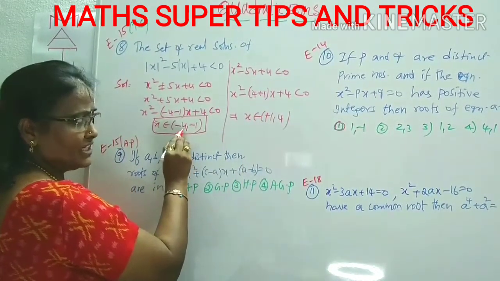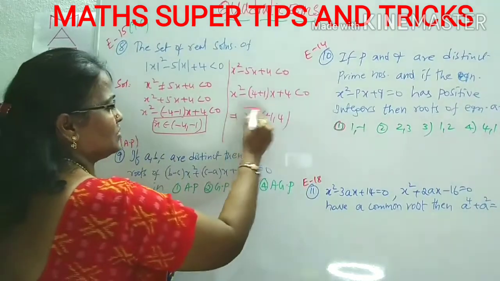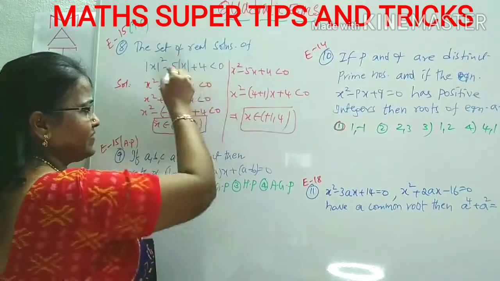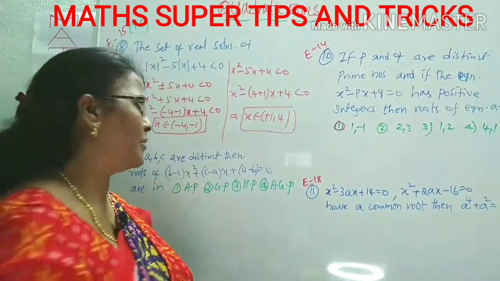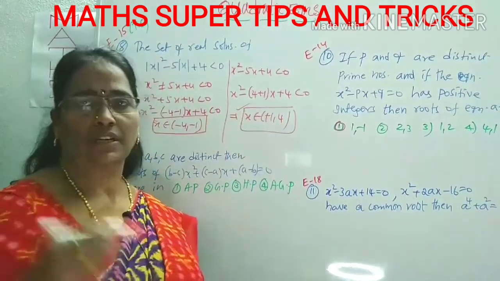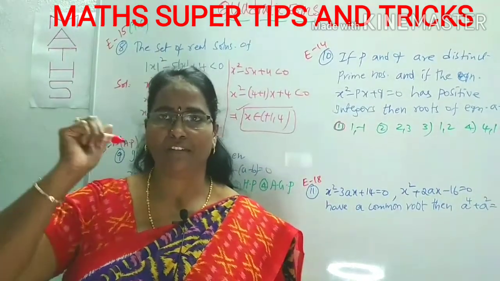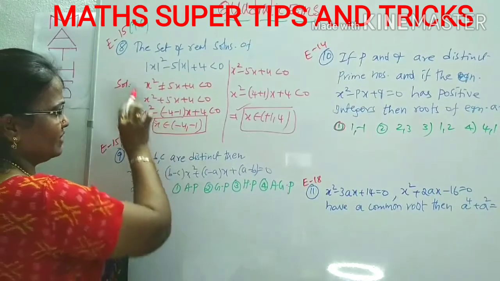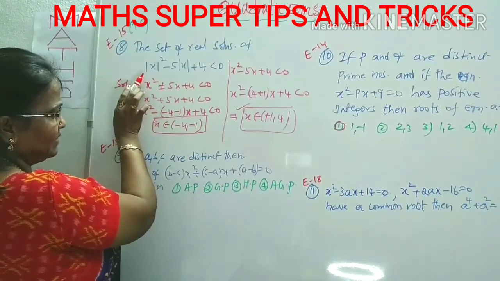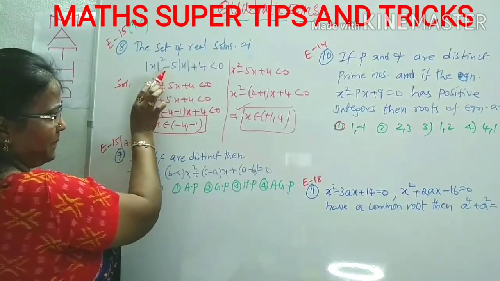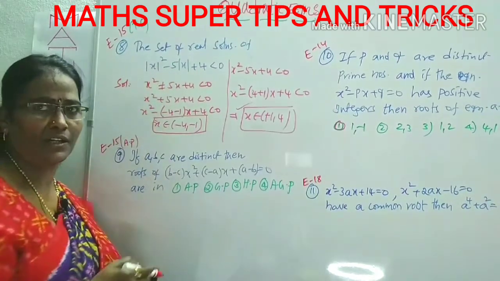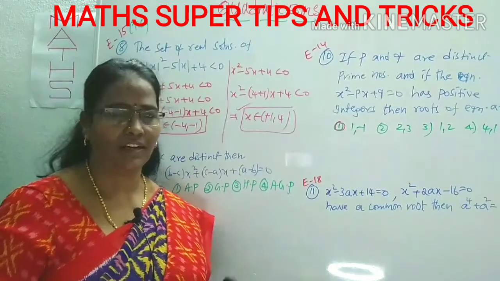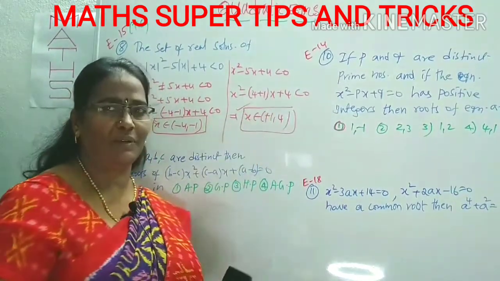What is the least value? That one you can take first. So these two intervals we can check. We can observe this interval satisfies this equation. That's why you can pick this as one of the options. If you check the other one, it will not be true. This is not less than 0. For example, if you substitute minus 1, minus 1 whole square is 1, minus 5 into minus 1 plus 4 is equal to 0, not less than 0. It's not true. That's why you can choose the other interval.